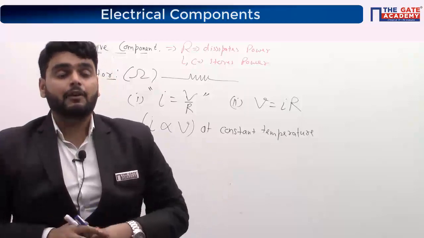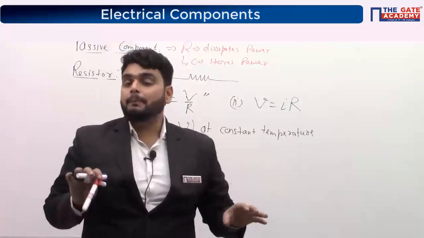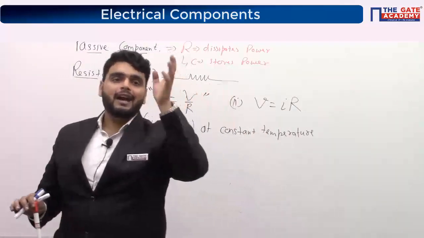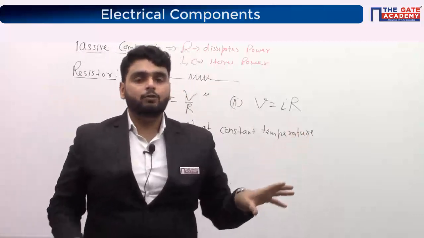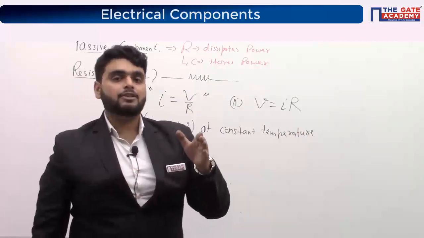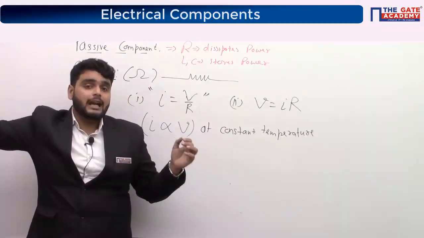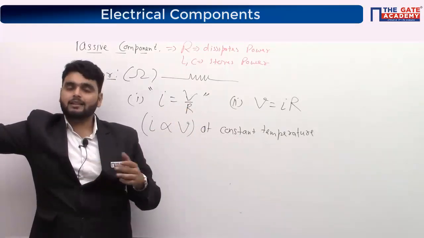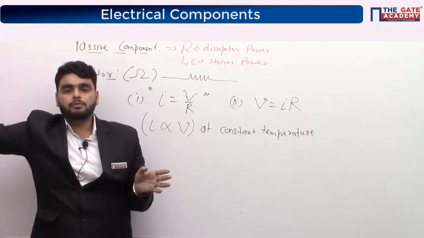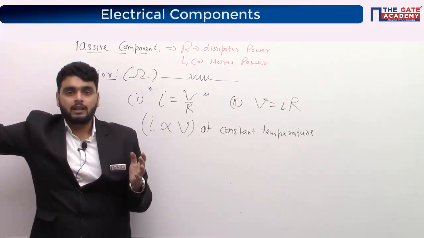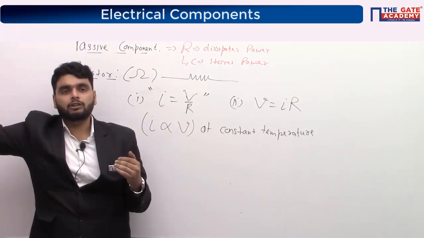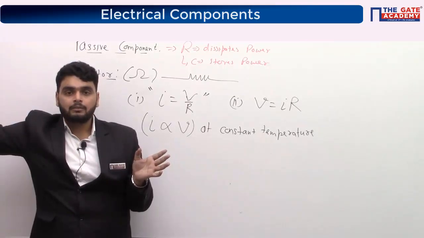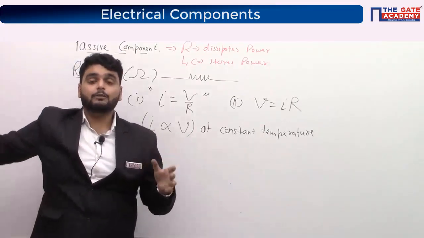Always remember that. And if I'm talking about practical life, you can say temperature is not constant. So any element around you, you are sitting in a room, you have a fan, you have an AC, you have a tube light, any element around you is not following Ohm's law because temperature is not constant. But the beauty of this law is that without this law, you cannot create anything. If you see the practical life around you, no element is following Ohm's law because temperature is changing continuously. You can say temperature is changing very slowly or there is a small amount of change, but no element is following Ohm's law ideally. But without this, you cannot create any network or any devices.